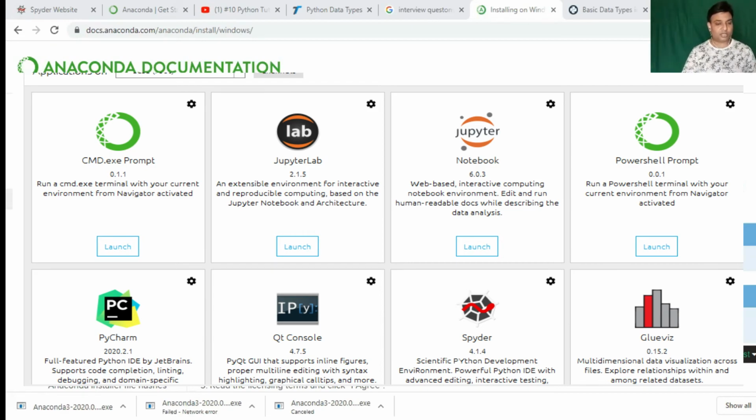But can you see this Jupyter Notebook at the back? This one, Jupyter Notebook. It's very famous for writing Python code related to what? Python code related to machine learning. 99% of artificial intelligence and data science guys are using Jupyter Notebook for writing machine learning programs. You can run your Python code also in Notebook, but it's mostly preferred by those guys. It's geared more towards data science and artificial intelligence. Okay, so it's loading, it's taking some time. Okay, we will wait.